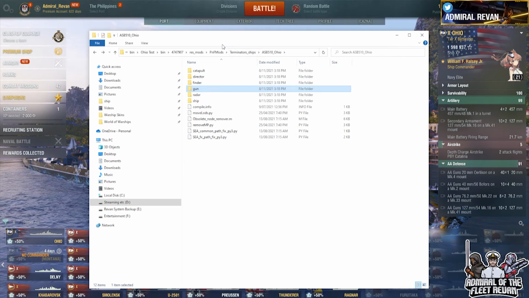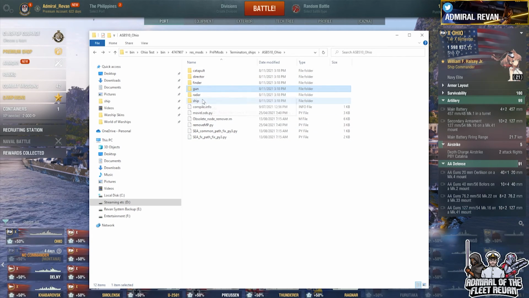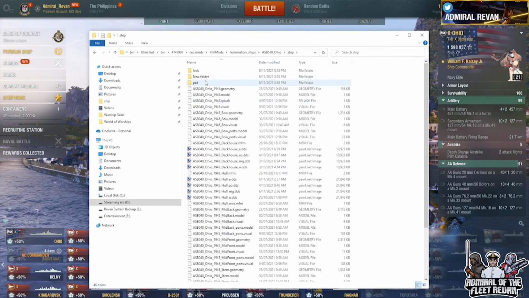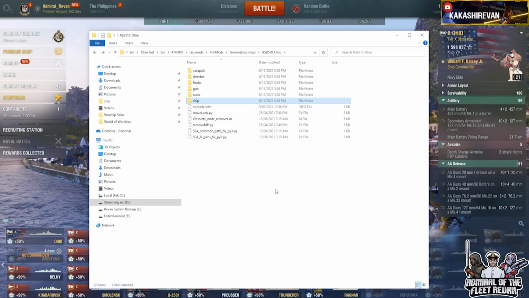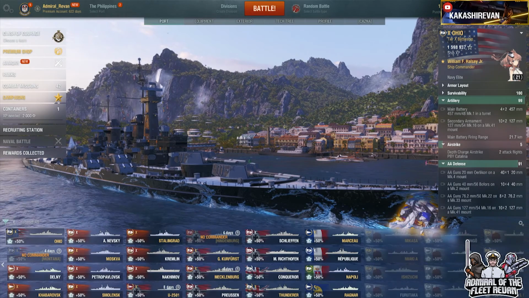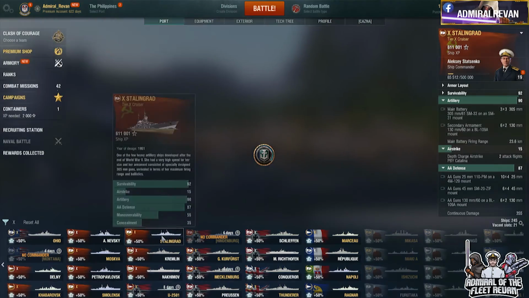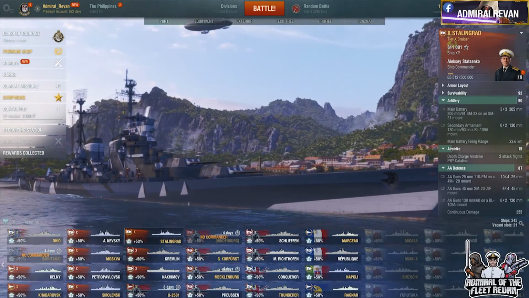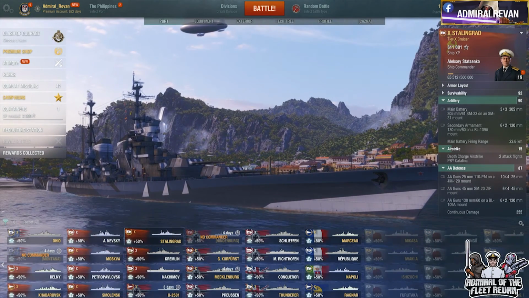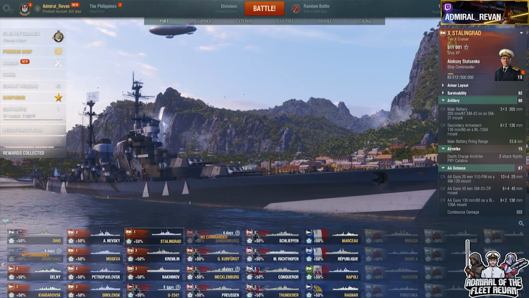So in this sense, I have only got a particular thing of the ship, so I got the ship texture only, okay? So if I were to grab all those other stuff, it'll be a lot prettier. So what I'm going to do is move myself to another ship, like the Stalingrad, for example, and then I'm going to copy the other stuff, the other folders,